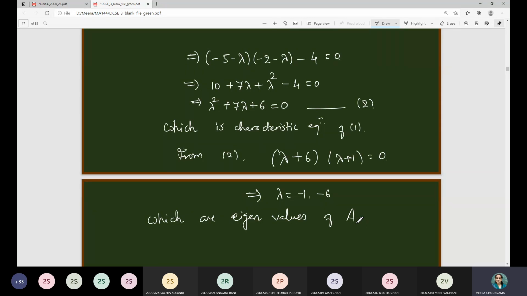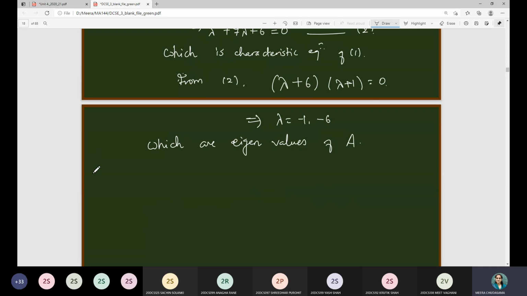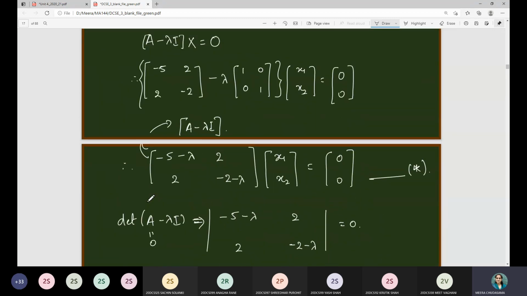So the second step is finished here. The first step was to find the characteristic equation, the second step was to find the eigenvalues. Now the third step, that is eigenvectors. So now I will give the title eigenvectors. First I will consider lambda = -1. Now we have already obtained the (A - λI)x = 0 expression as the star expression. In this expression we have to substitute lambda = -1 and solve this system. Second step, we will substitute lambda = -6 and solve this system, right?